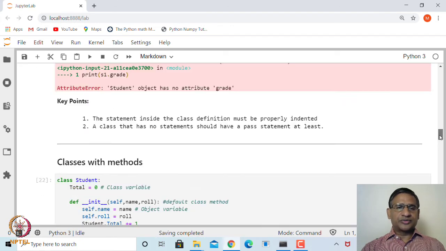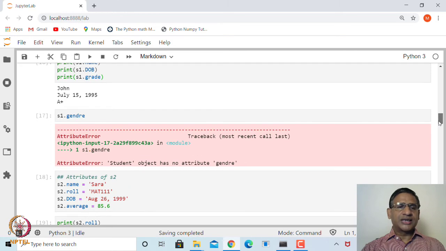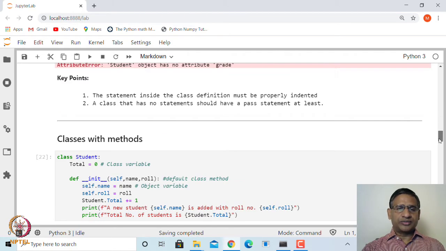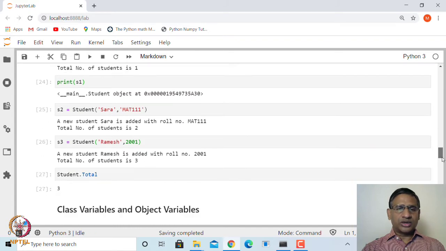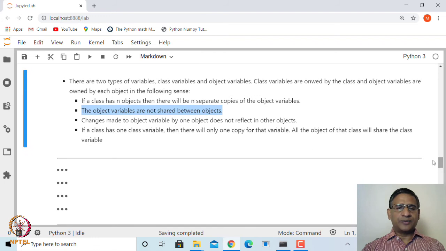Earlier, one attribute for S2 was average, whereas one attribute for S1 was grade. But if you ask for S1 dot average, it will not give you that. Similarly, if you say S2 dot grade, it will not give you anything. It will say attributes are not available. So the object variables are not shared between the different objects, whereas class variables are common to all the objects.